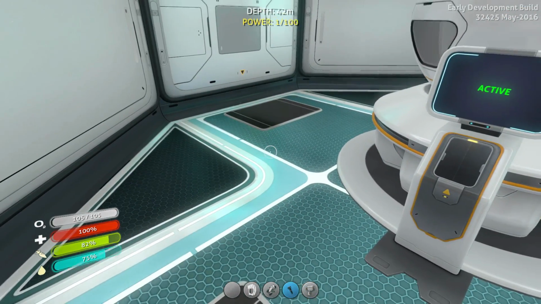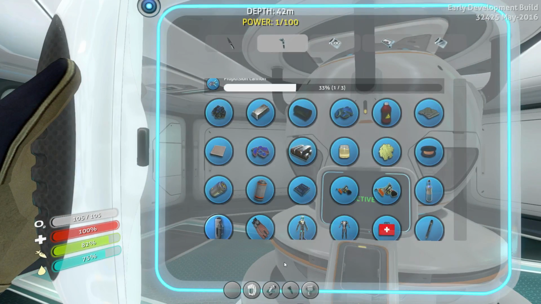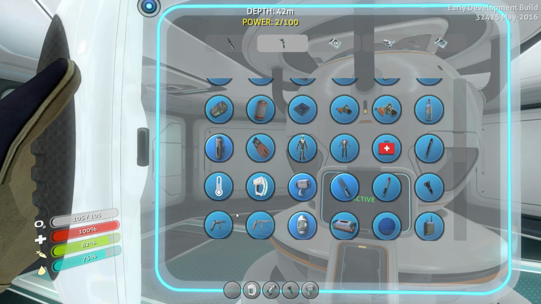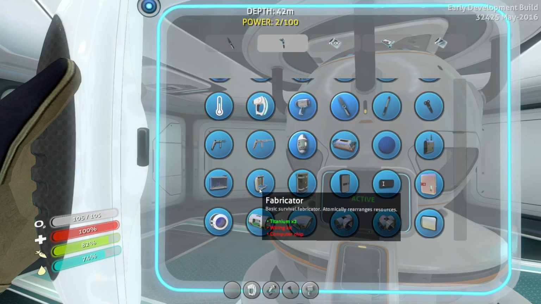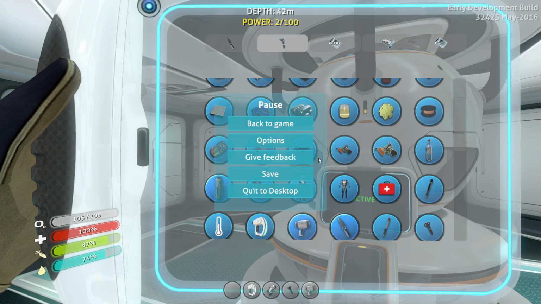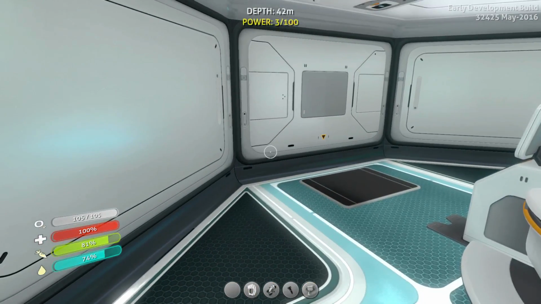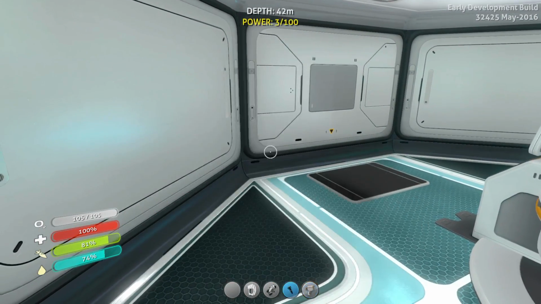So now, I assume, do we have... I don't think the fabricator is here, so we need a wiring kit and a computer chip. So computer chip is silver or quartz. We don't have any of that. Because if we're gonna start living here, you know what? I kinda wanna do this. Let me see whether or not,